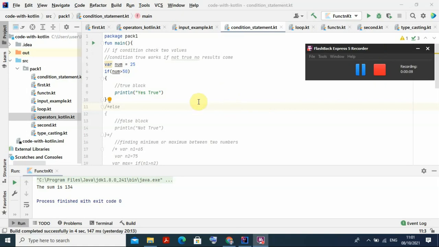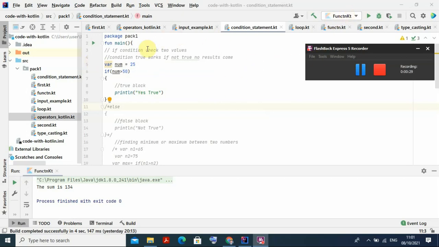In this video, we will be covering the conditional statements, and let us start, because for each and every language you are using, you know the importance of these conditional statements. It checks some condition, and if the condition is satisfied, some statement will be executed; if not, maybe another statement will be executed. Now let us start with the if condition.